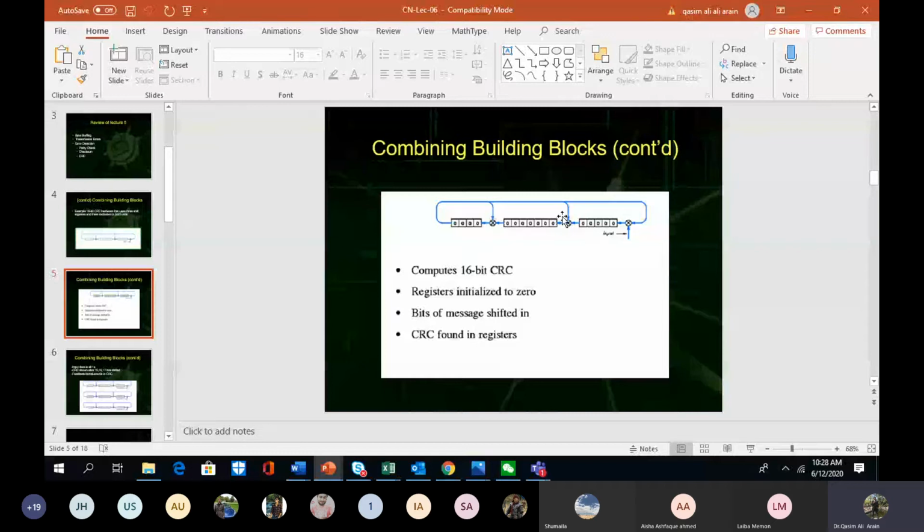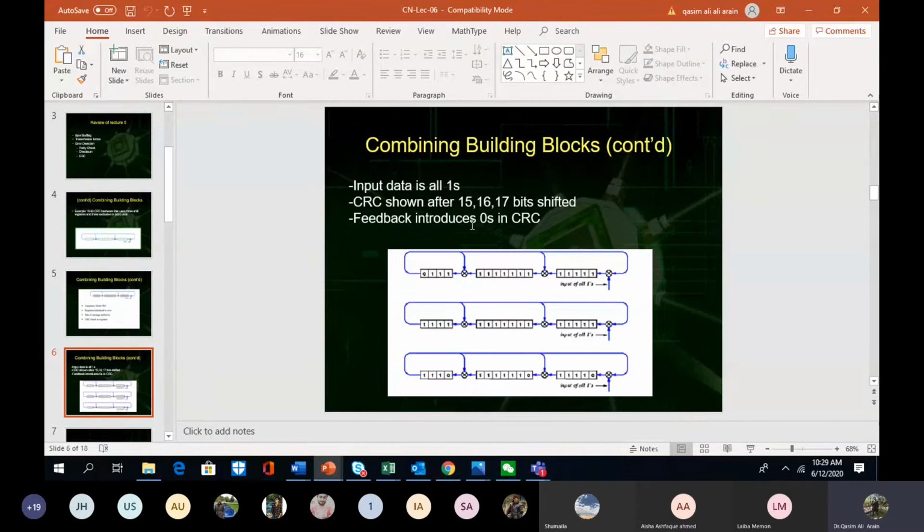And then for the third XOR operation, the output of the second register would be acting as an input to the third XOR operation, and the output of the last register would be acting as an input to this particular XOR operation. So this is the complete mechanism of how the CRC value is going to be calculated at the sender's end. Is that clear? ठीक है जी, अब आ जाएं इसकी डिटेल के ऊपर.